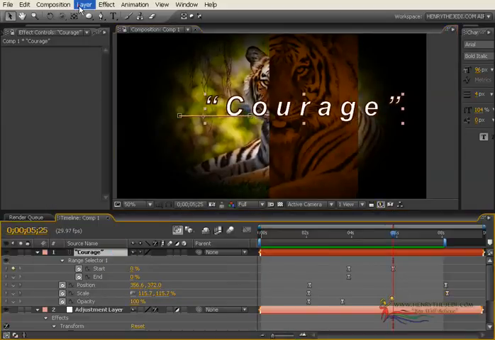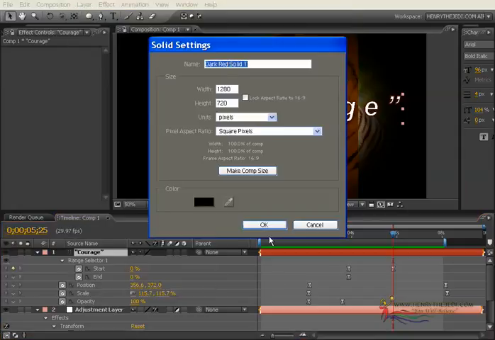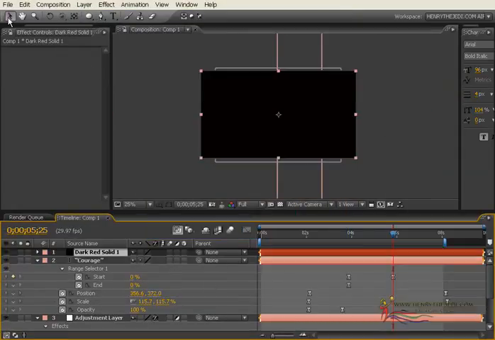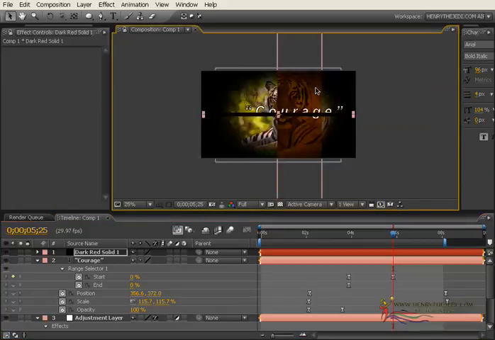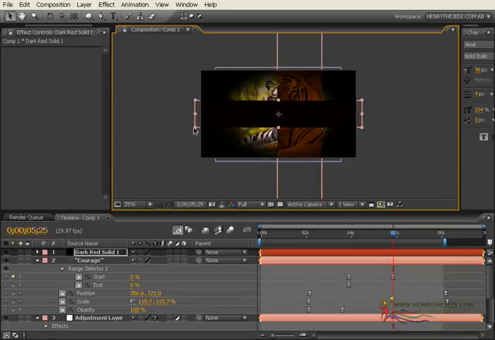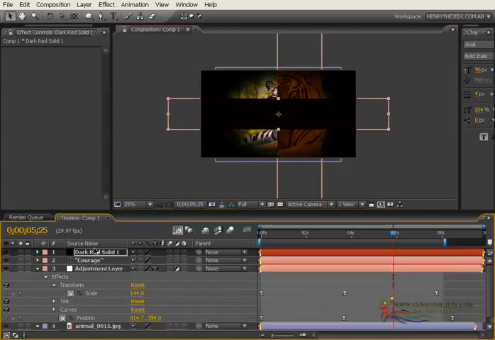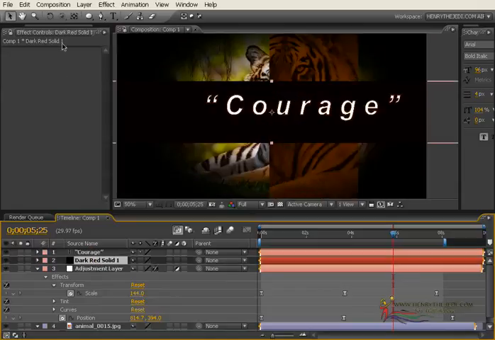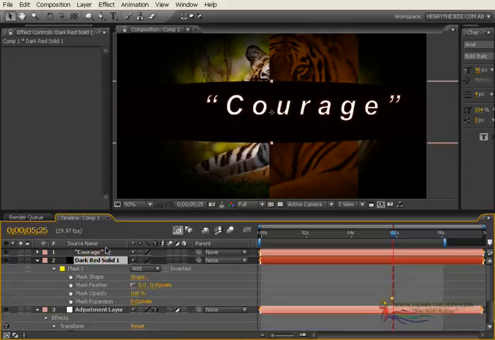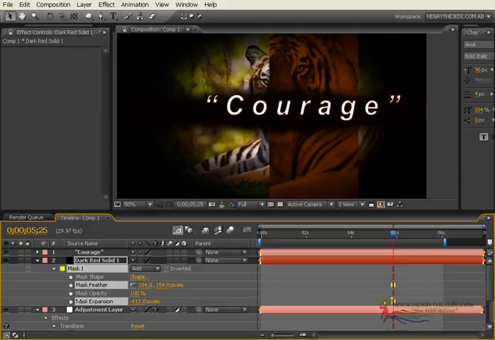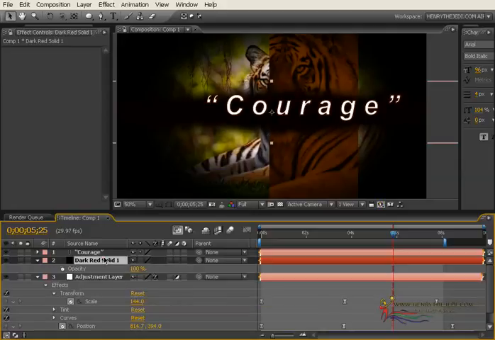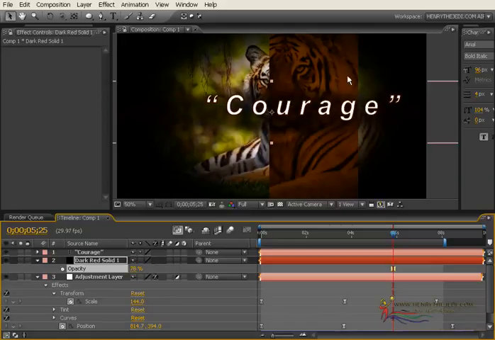So to fix that, we're going to create a new solid black color, and then we're going to scale it down like that, so that it simply occupies this area here. We're going to move it just below the text layer. Then we're going to double click on the elliptical mask tool for it to give us a mask, and then we're going to press MM on the keyboard, increase the expansion, increase the feather rather, and then reduce the expansion like that. And then we are going to press T on the keyboard to bring up the opacity, and then reduce the opacity a bit like that.